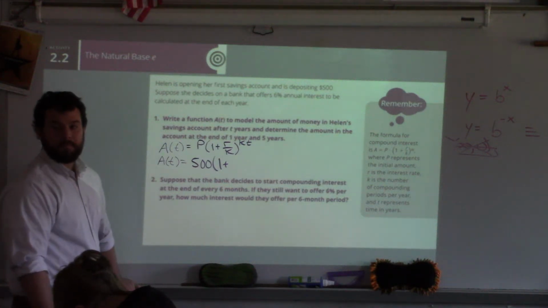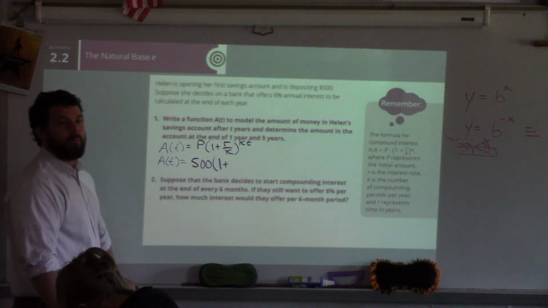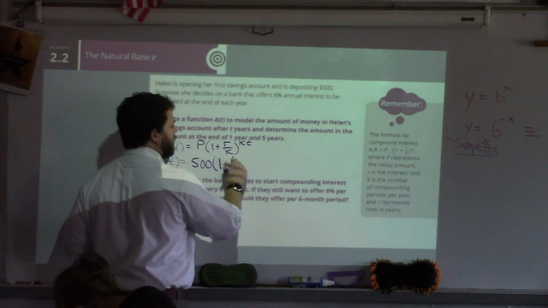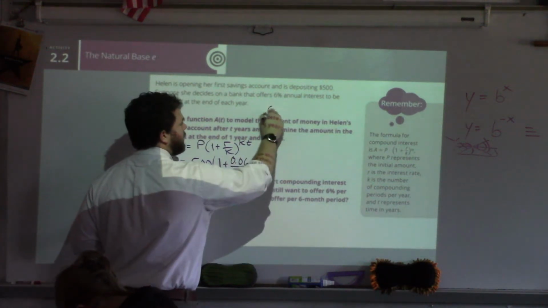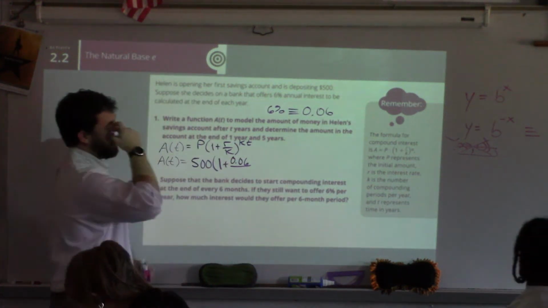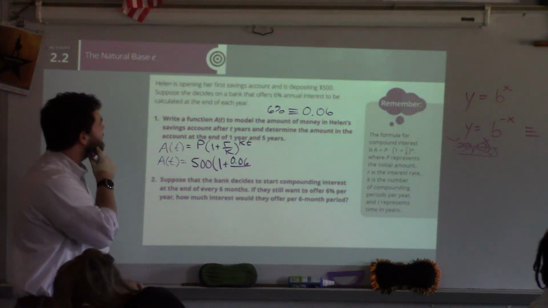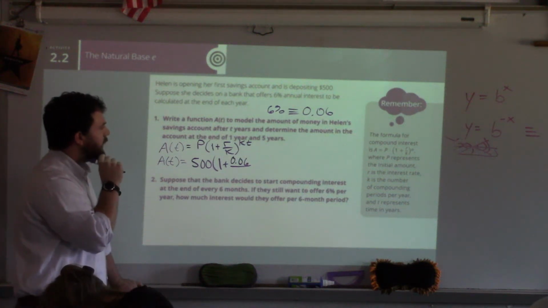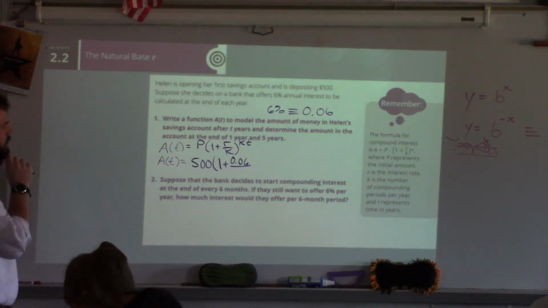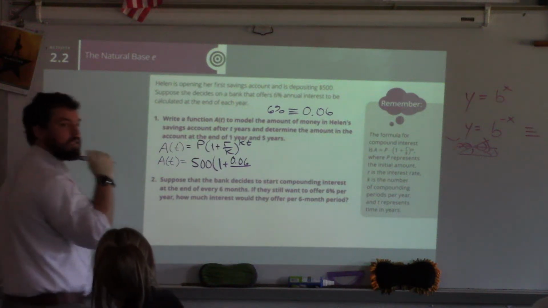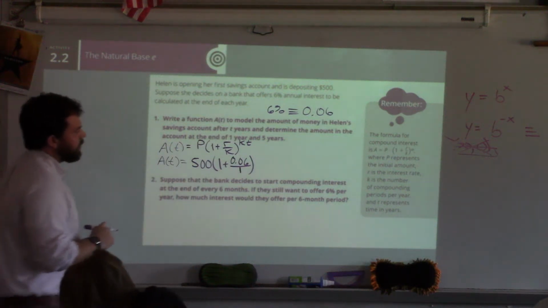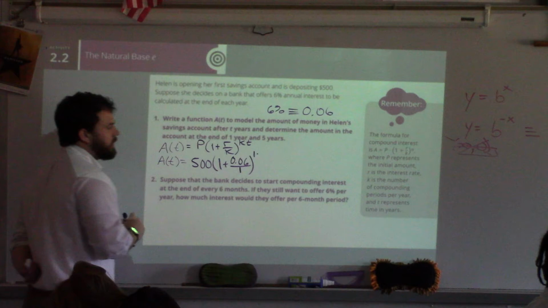So what? It's 6. There we go. Remember, that's 6%. So as a decimal, that would be, okay, 6% is equivalent to 0.06. And so we need that 0.06. What is k? Okay. And do they tell us anything about how often they're going to compound that interest? Nope, so we're going to assume that it's compounding once a year. And then, so k would be 1 times t, which would be,